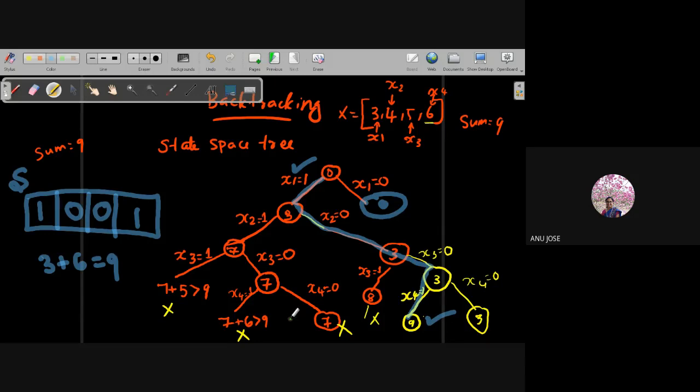When we look at this particular path, you can see two cases. One is that the summation value is greater than the sum I am searching for, and then the process stops. The other case is that I am not able to find any further elements to add to the current sum to reach the value I am searching for, which is 9.